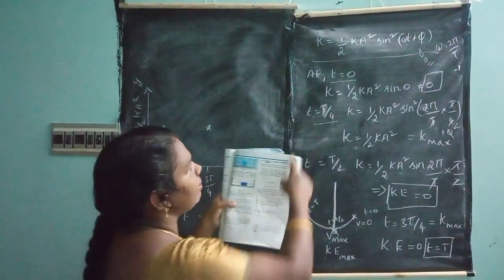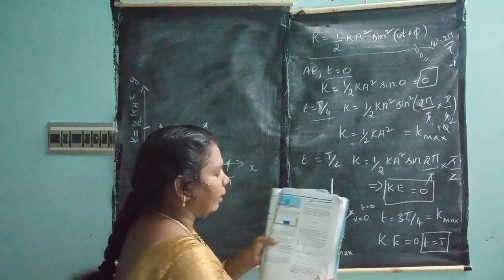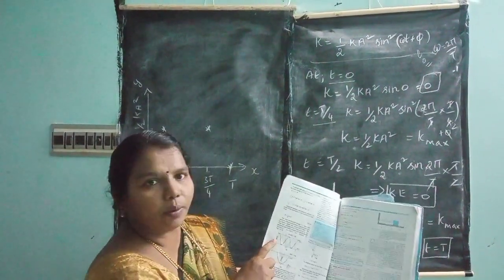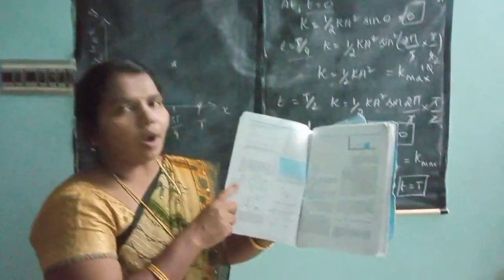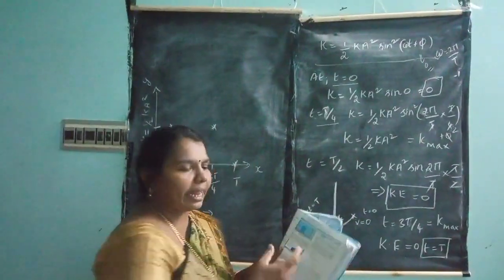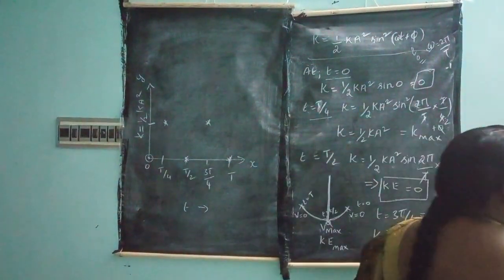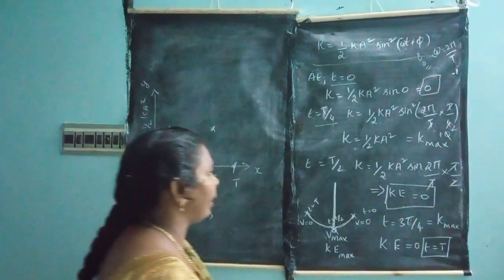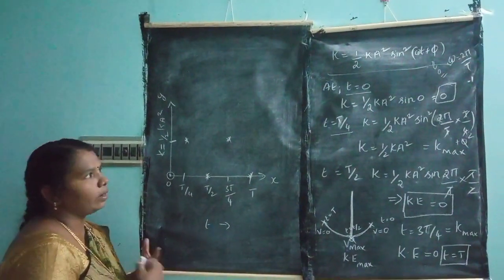345. This equation is derived in 14.5. After that, there is no explanation about it; they give this graph directly. So I am giving the information about how you will draw this graph of the kinetic energy. Take your book up to that point, and I am writing the rest. These are not in your books, so take a paper, write it and paste it, so it is easy for you to do whenever you have free time.